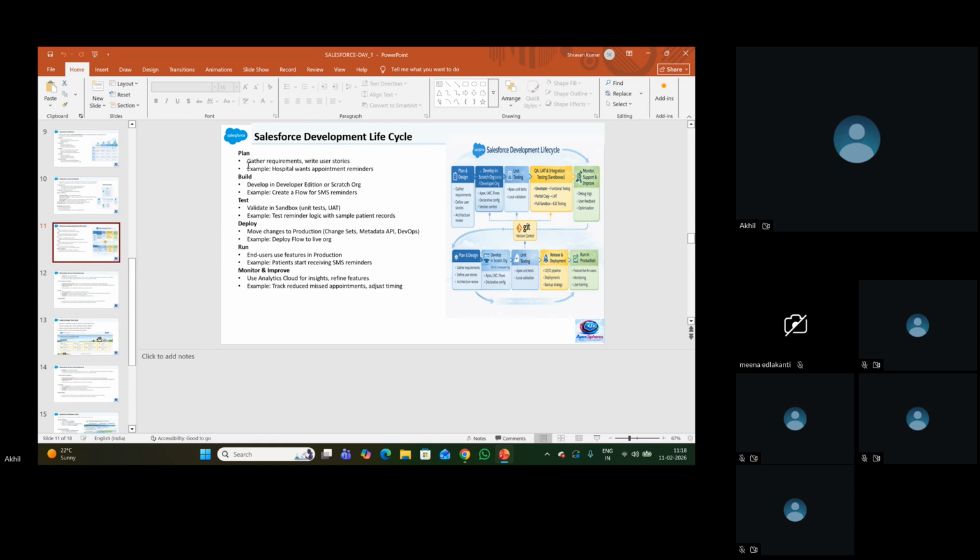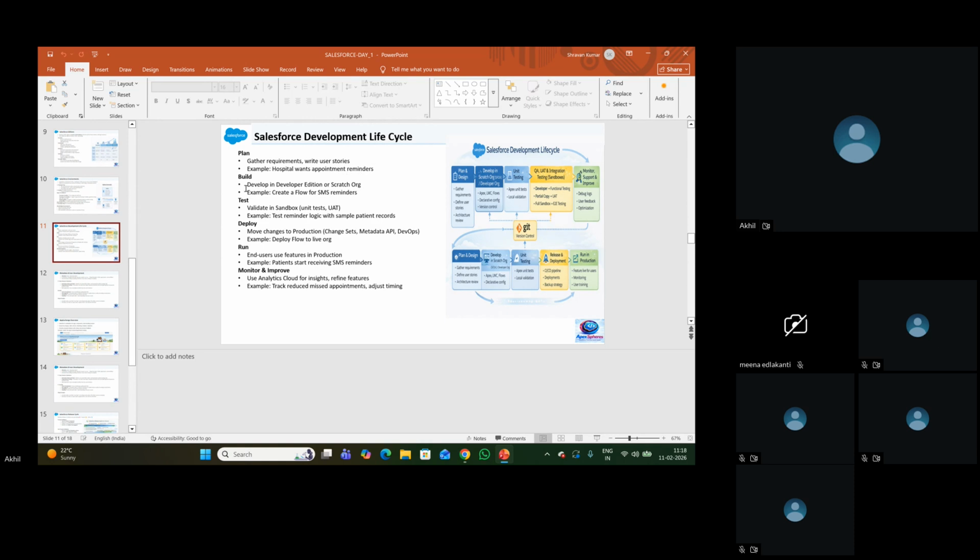Let's suppose we have built a healthcare application, we are working on a Health Cloud project, and we got an enhancement where the hospital wants appointment reminders.